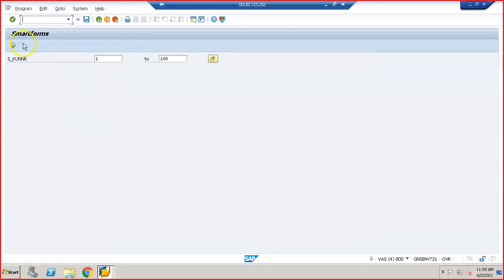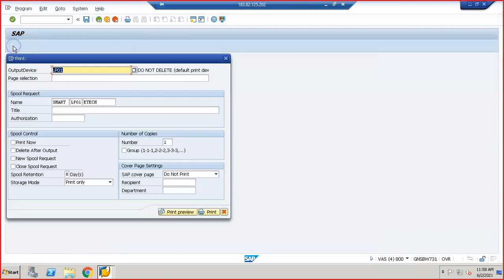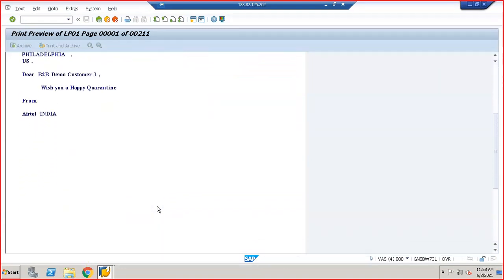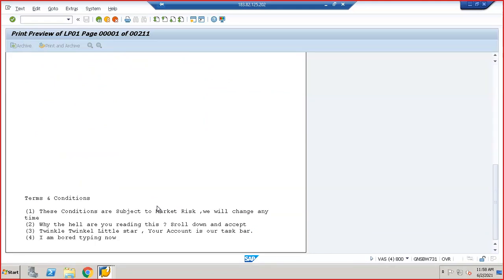Now let's check out the terms and conditions at the program level. Now if you see here, the terms and conditions that we have, these conditions subject to market, whatever we are getting, is coming here.